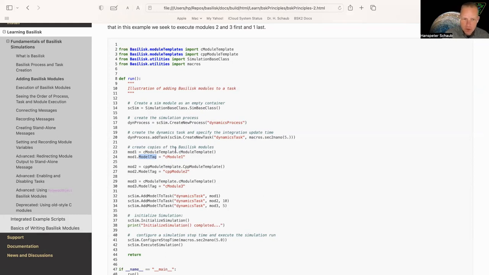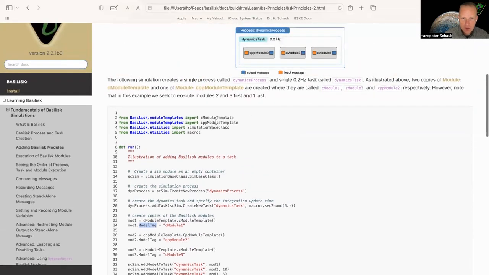Now we've created a Basilisk module. It won't be executed. We haven't added it to a task, but we've at least created it. We're going to make the next 2 modules. The second one is a C++ one, and so we import it here from your library, the Basilisk CPP module